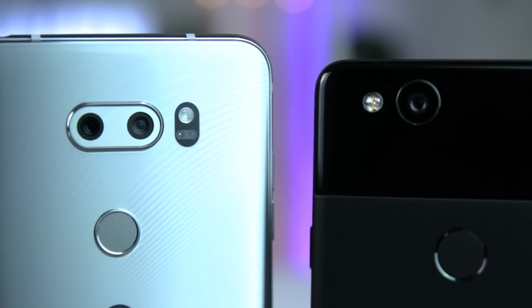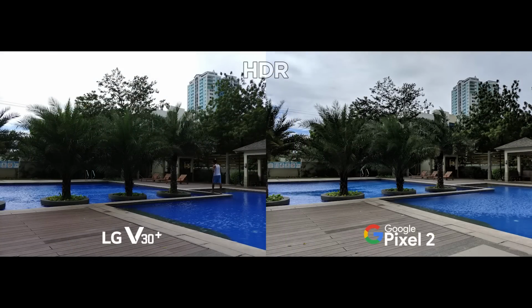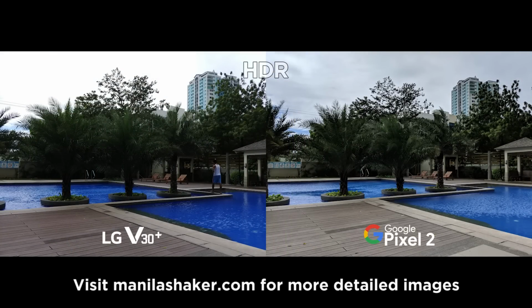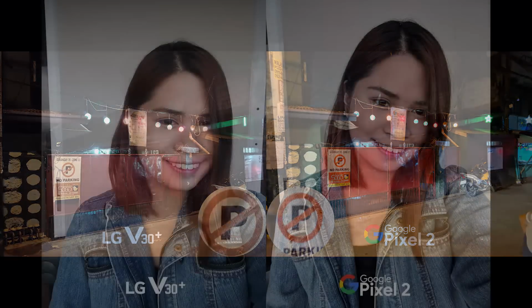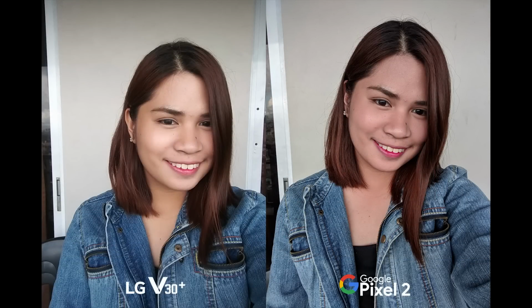With the Pixel 2 and its bigger brother on top of DxOMark's mobile scores, it actually translates well when compared with the V30 Plus shots. Details stand out more with better exposure balance, dynamic range, and color contrast, needing little to no post-processing